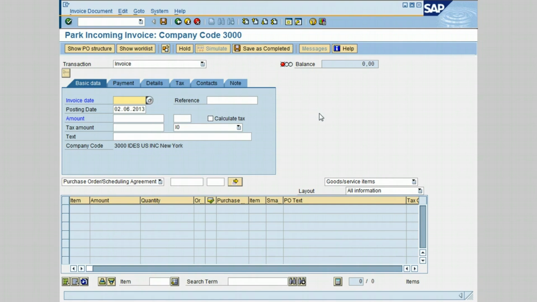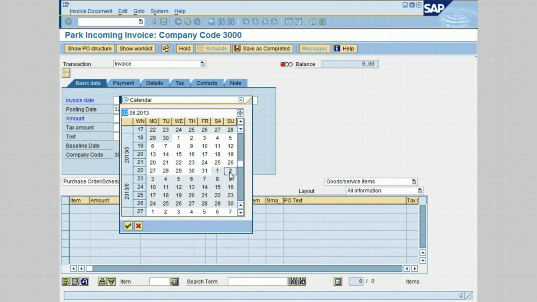Keep in mind that the transaction is similar to transaction MIRO for entering an invoice. The difference is that when you are parking an invoice, the invoice document does not need to balance in the SAP system to 0. So begin by clicking on the invoice date, click on the search icon to open the calendar and